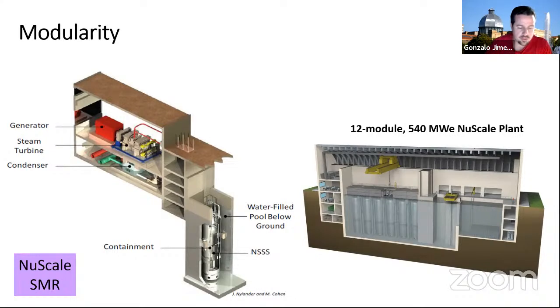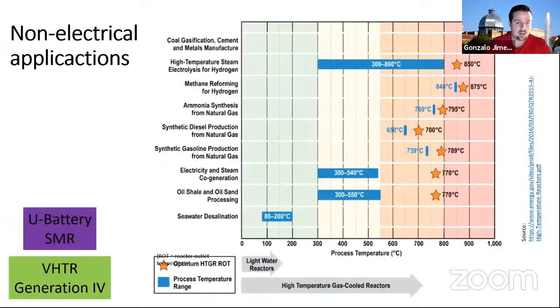So it's a good approach for the investment, because we don't have to put in all the investment from the beginning, like in a big reactor. We can split it into different phases, and we can get the best of the first phases while paying for the last phases. About non-electrical applications,